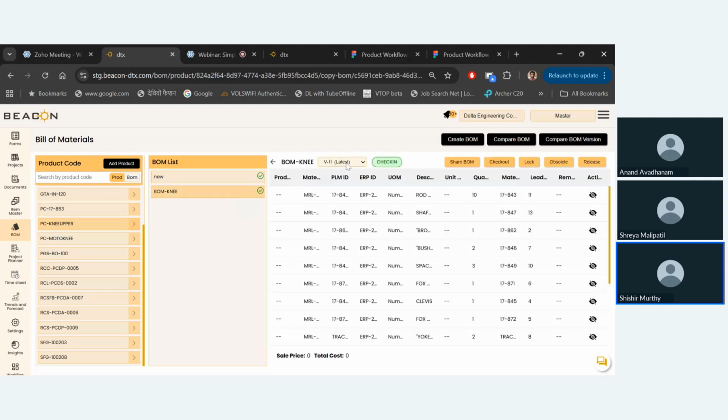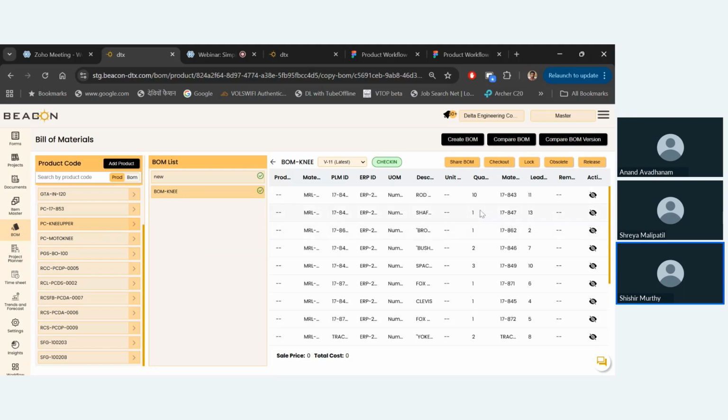And you get all this version control. You can see all the various versions that were there previously, and you can also control these by having a lock, obsolete, or release status. So using the release status with a workflow approval, we would be able to release it to the ERP system directly if you have ERP. Otherwise, you can have a workflow and release it right here in the item, the BOM